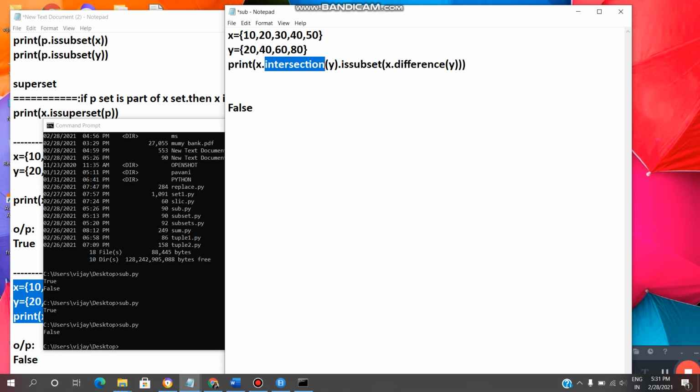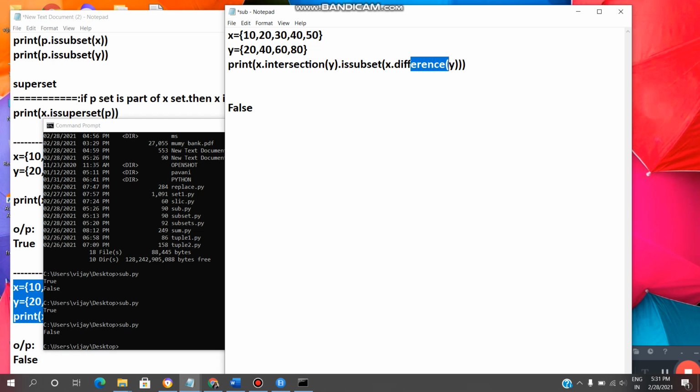Intersection will give common values. Difference will remove the common values and it will print the remaining values. So both values are different. Here we will get common values by using intersection, and by using difference we will get uncommon values. It will remove common values and it will give uncommon values.